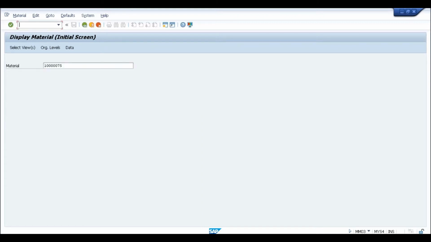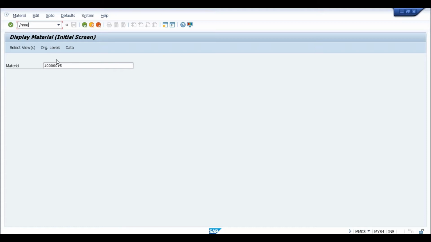Okay, so let's proceed and create a purchase order. Or before that, if you want me to show you how to create a purchase requisition, there is no impact in purchase requisition. You can create the purchase requisition in the same way as you were doing till now. Only difference is SAP Fiori apps are now available through which you can create the purchase requisition. You can convert the purchase requisition into purchase order. That we will see once we complete this cycle.